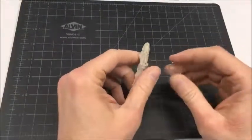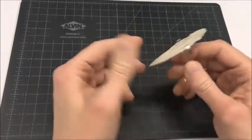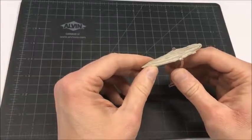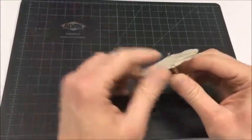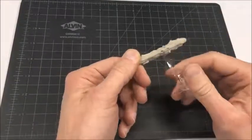So as you can see, assembly is very straightforward, pretty easy and simple to do. The remainder of this video is going to go through every ship in the game in alphabetical order, and then with the ships from the expansion after that, just to show you how each ship slides into its respective clip,